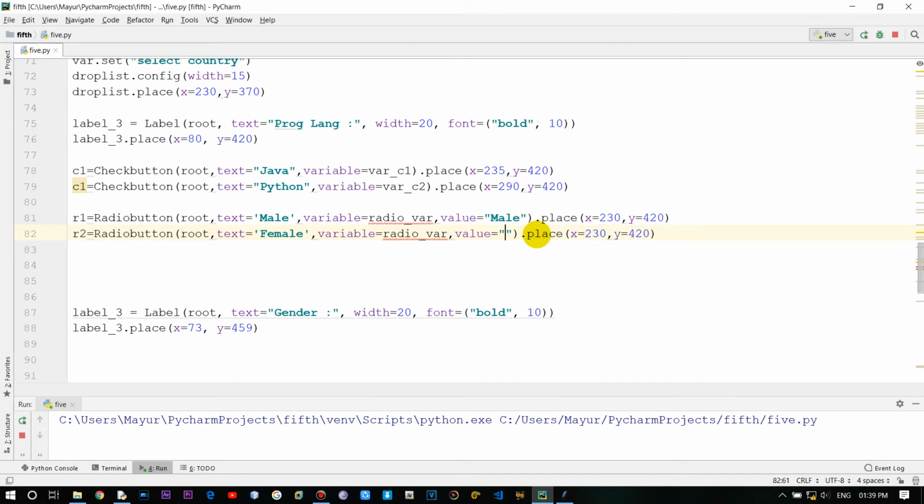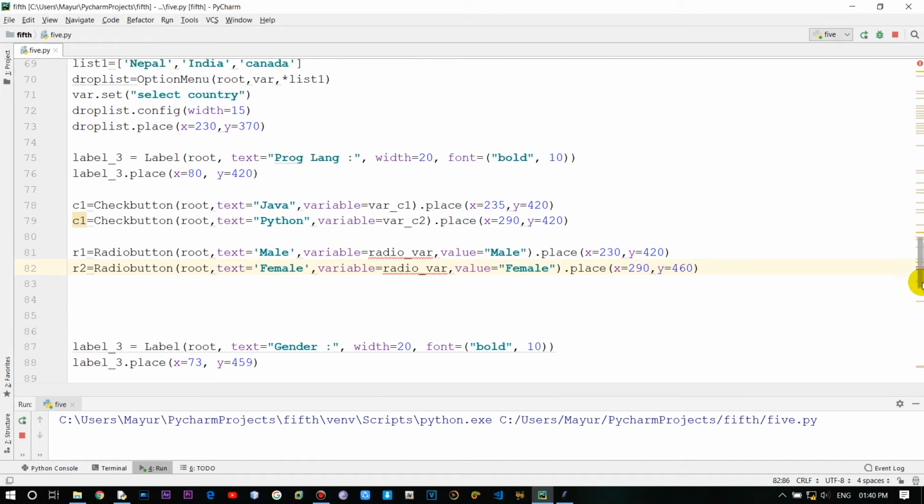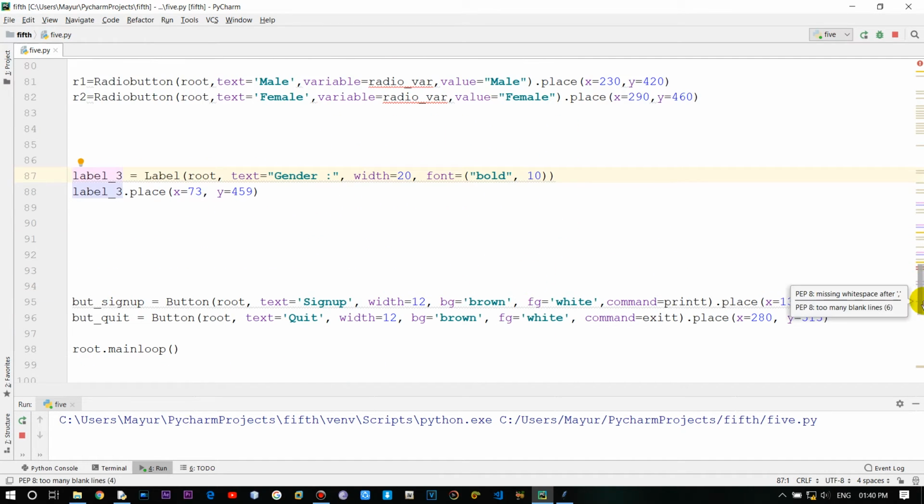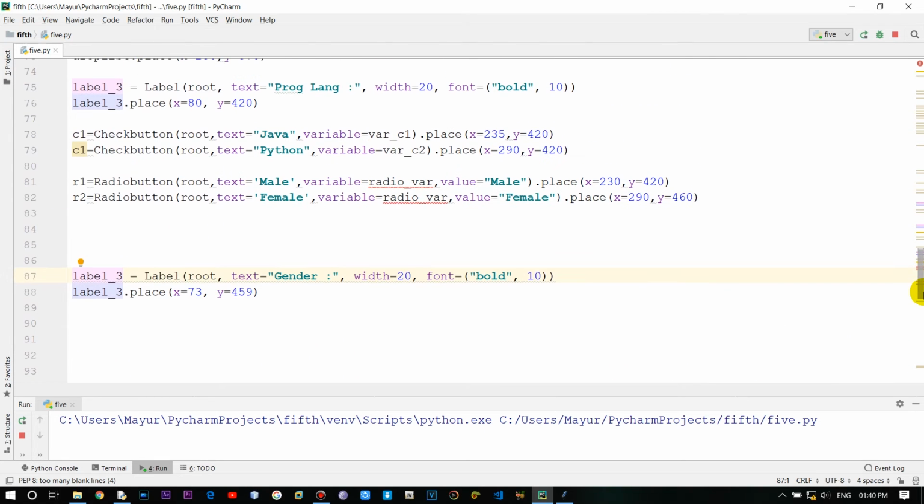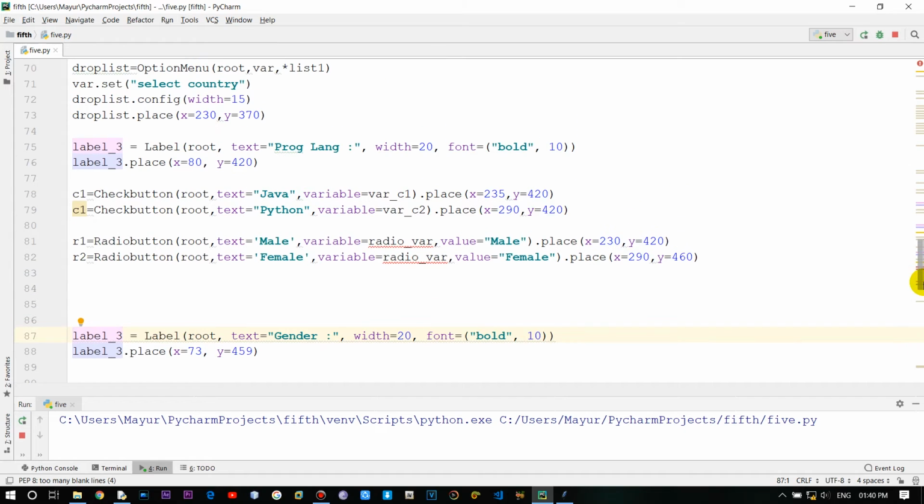We have to change it over here too, so the value for that will be female, and place it around 90 and 60, around 60, right? Okay, that's good. And we'll be using this variable radio var like we did for the checkboxes, radio var,